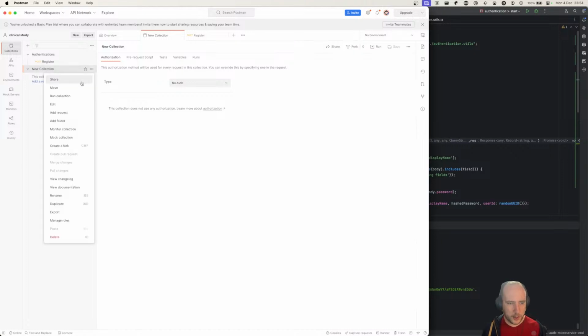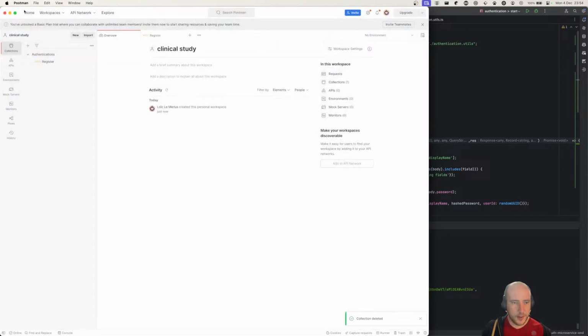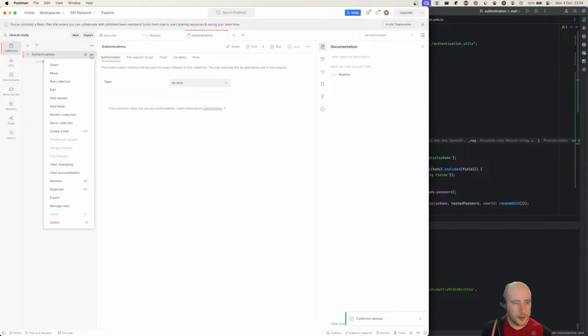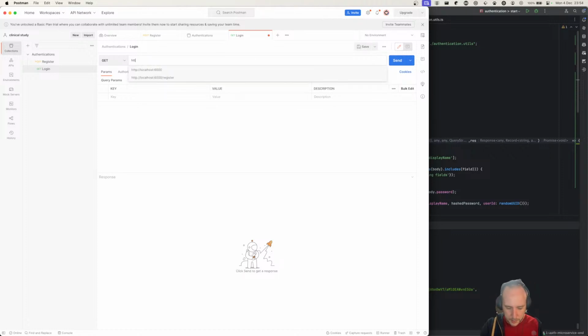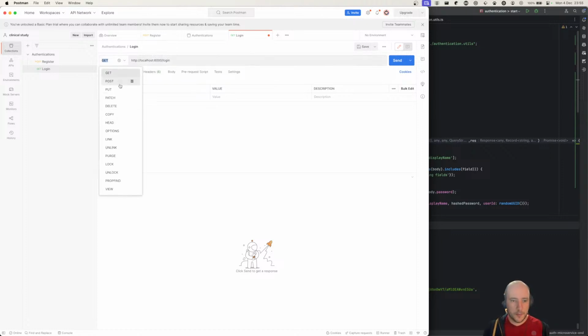No, I don't want a new collection. I want to create a new request. Add requests, new request: Login. So same thing, it's going to be HTTP 6000, but that's going to be login. That's going to be a post request